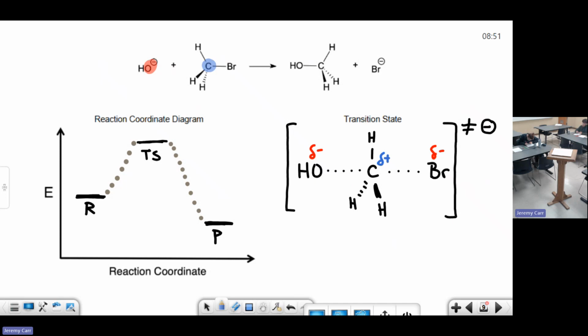But the bottom line is that you make this transition state. It is a very high energy species. And this is the transition state that you're going to see for an SN2 reaction. That's it. You can't see any other type of transition state. If you know the reaction is proceeding via SN2, you can basically predict what the transition state is going to look like.